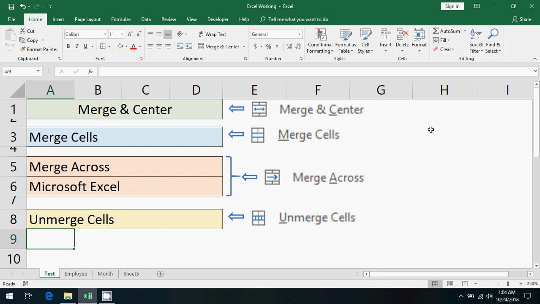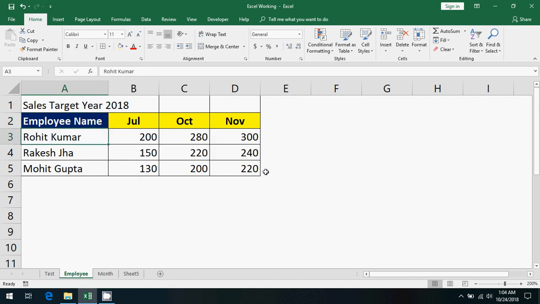Now let's test this on some live data. This is my live report data. This is the employee name, and this is the target for their respective months. Now in row 1 I want to make a header like sales target year 2018, but this text is in cell A1. I want to merge from cell A1 to D1 to keep this text. So I will select the cells from A1 to D1, and here I will use merge and center. See,